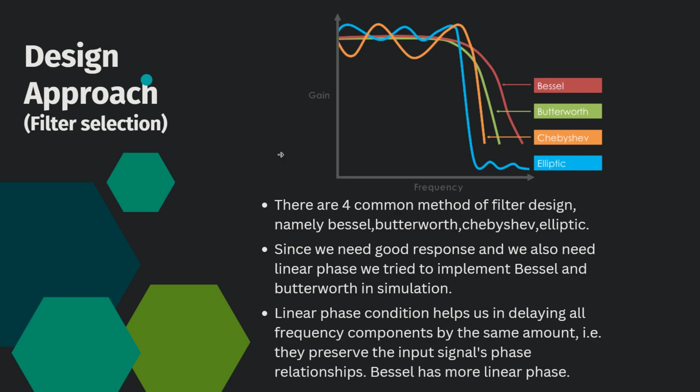So if we take some frequency, the amplitude will be attenuated. Like if the frequency is around 150 hertz, the attenuation here would be more because the unity gain is decreased here. Same with the Bessel filter. And coming to the phase, the linear phase is more in the Bessel bandpass. So we chose to use the Bessel bandpass filter because that would help us in less distortion